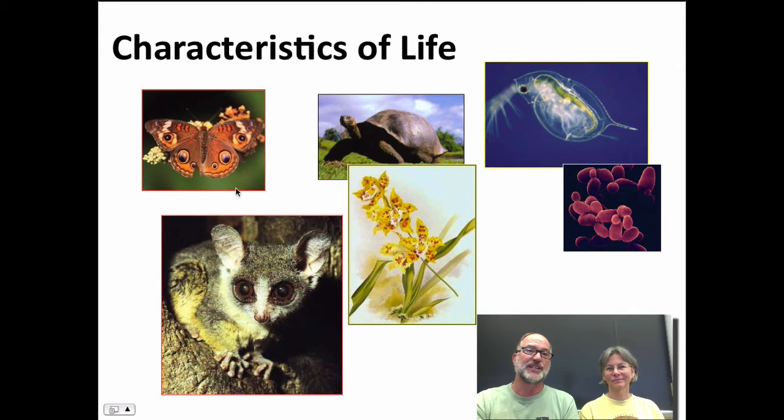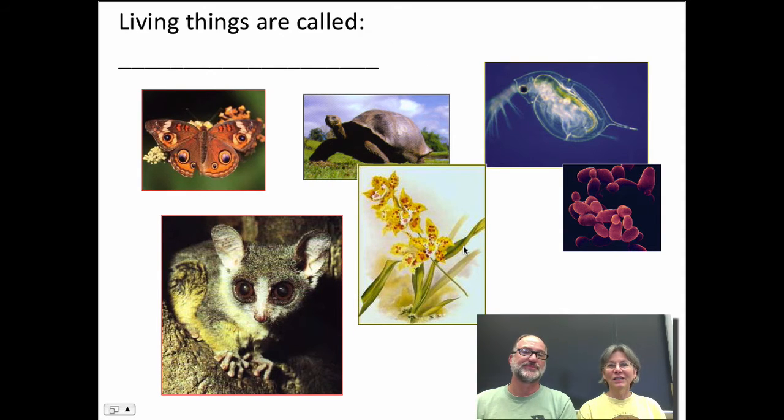We are here to answer the question, what is life? As you look at living things like butterflies, turtles, and so forth, what are the characteristics that each of them possess that we call alive? Living things are called organisms. So a lemur is an organism, a butterfly is an organism, a turtle, and this one,